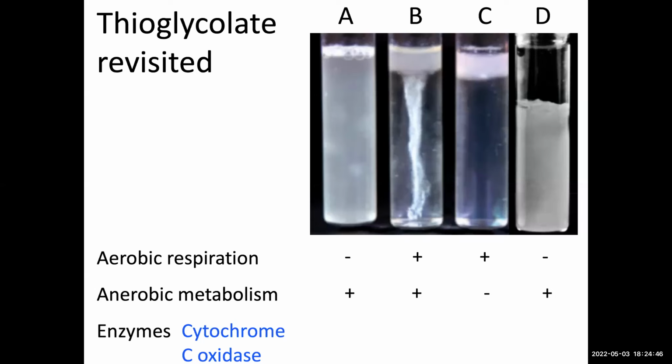Another enzyme that you may test for is oxidase. And can we be sure who has oxidase? You might think so, right? We know that cytochrome C oxidase is an enzyme that is useful because it takes electrons off of cytochrome C in the electron transport chain and puts them onto oxygen. So you might then assume anybody who's got the ability to do aerobic respiration will be positive for cytochrome C